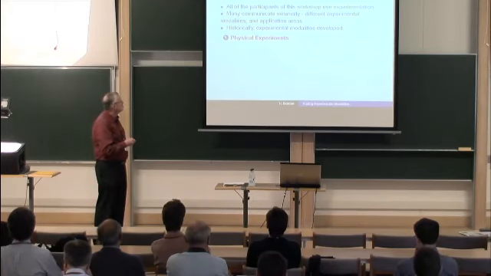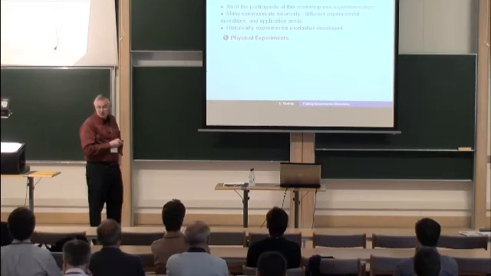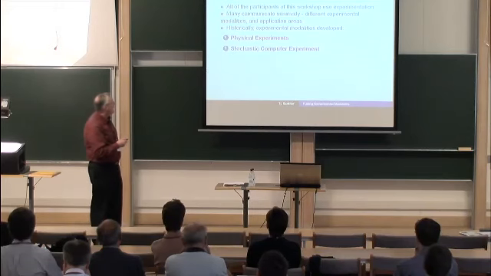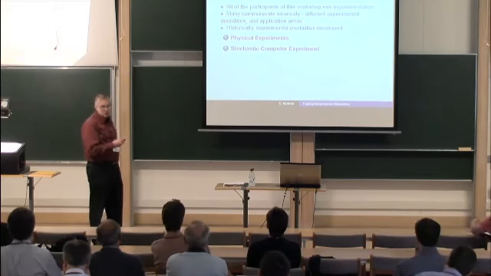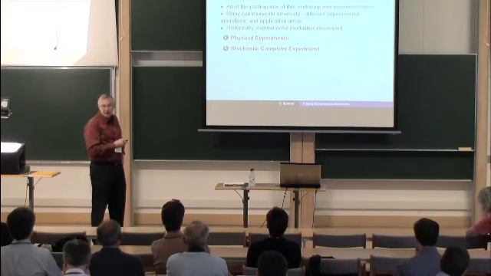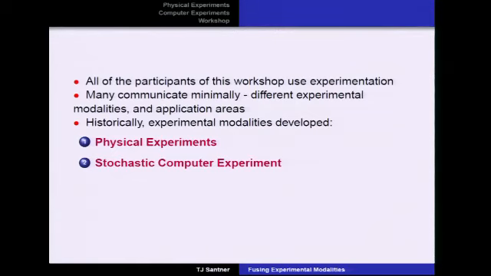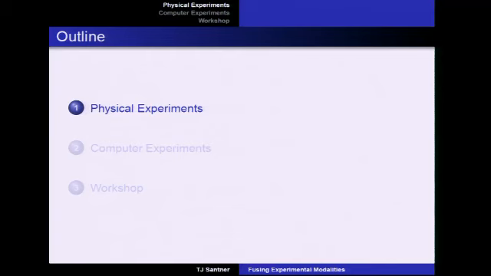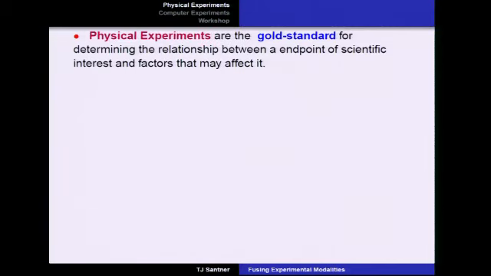So we know historically physical experiments developed early on. Then stochastic computer experiments have a long history, dating back to World War II and in industrial engineering environments after that, and more recently, deterministic computer experiments. And to say a word about some of the facets of computer experiments that I think are of interest in a common way, from the point of view of